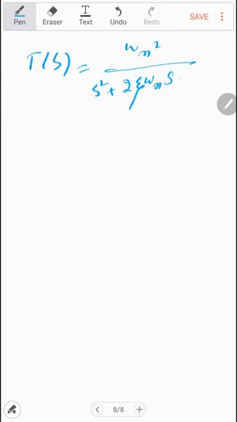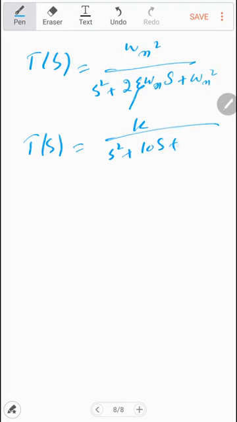Initially, let's compare this with the second order system. The general equation for the second order system is omega n square divided by s square plus 2 zeta omega n s plus omega n square. So if you compare this with the transfer function, which is equal to k divided by s square plus 10s plus k, you see that when k is equal to 0, then